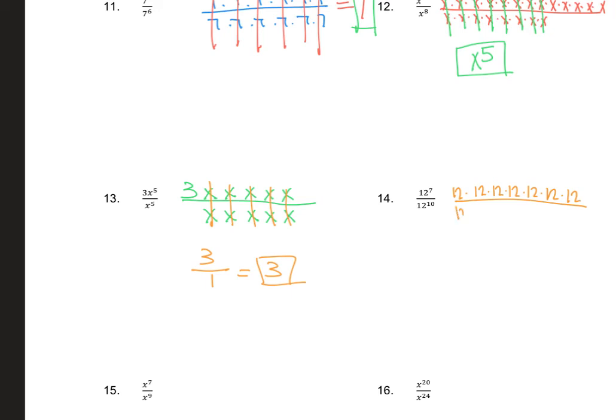I write out 12 10 times on the bottom. Okay, so I have 12 7 times on the top, and 12 10 times on the bottom. When I knock these 12s out,